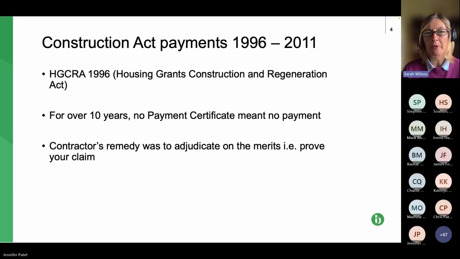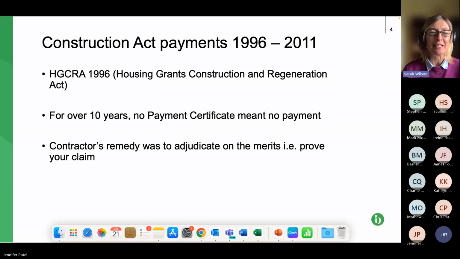It's just a small part of what is a very big act. It was brought in in 1996. Some of you probably won't even remember the 1990s, but never mind. What it introduced was the right to adjudicate construction disputes, to get the disputes dealt with quickly, and the right to